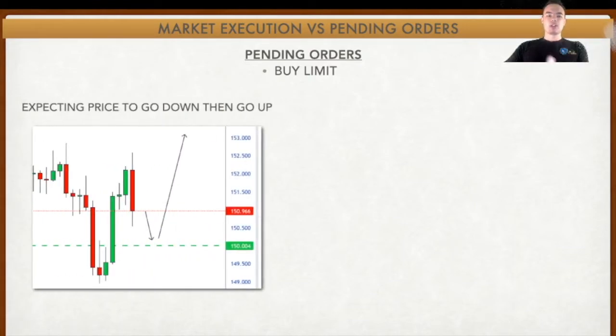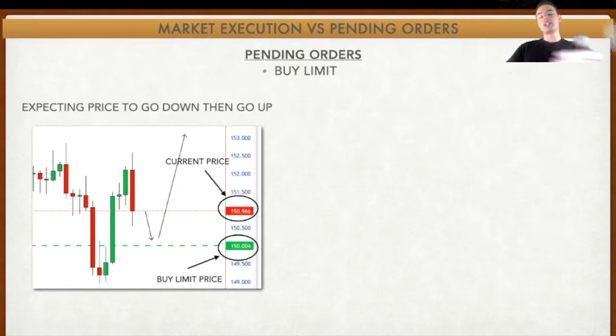Example, expecting price to go down and then go up. So let's say you place a buy limit price at 150.004. Price needs to come down. The current price is above that, 150.966. So it needs to decrease, and then the buy would be open, and then hopefully it will